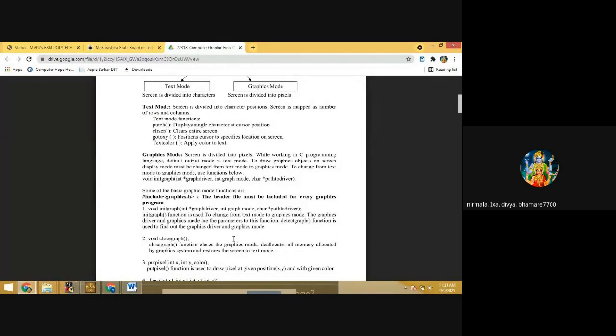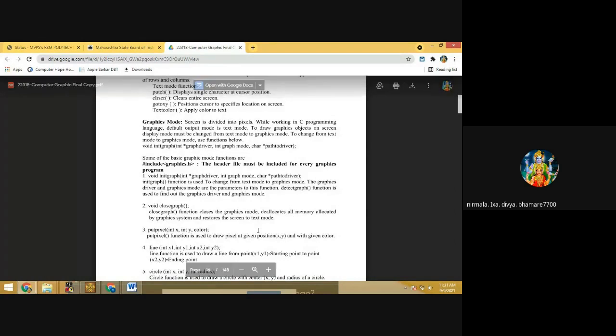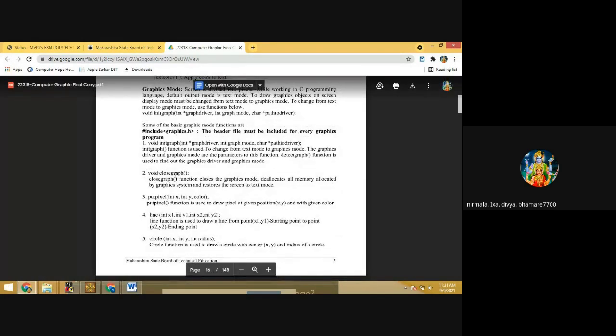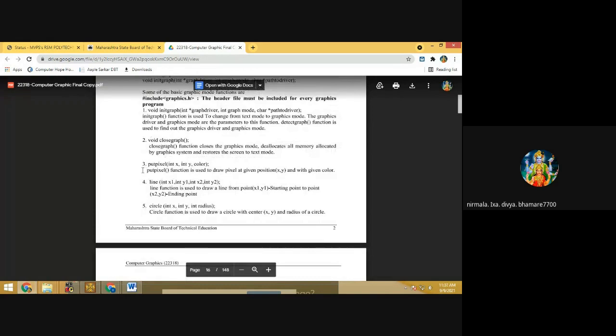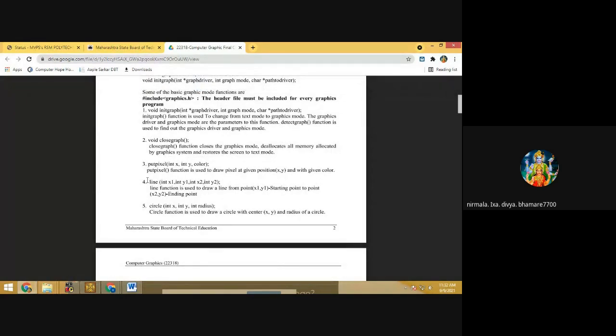Now if you want to close this graphics mode, which function are we going to use? The closegraph function. By using the closegraph function, it closes the graphics mode, deallocates all memory allocated by the graphics system, and restores the screen to text mode. So when you write the closegraph function, the graphics mode will be closed and the screen will again go to text mode.